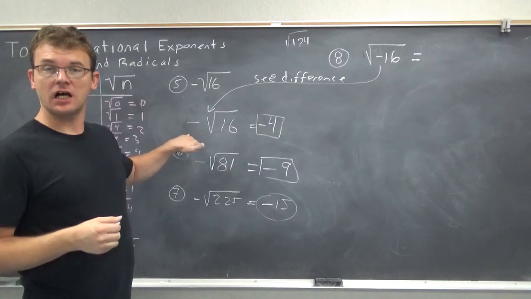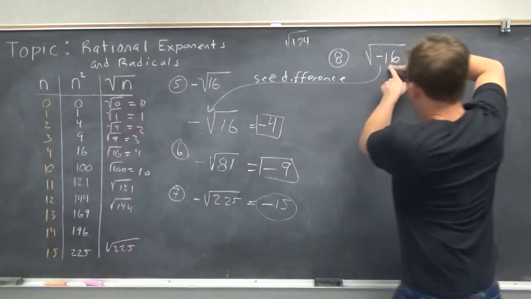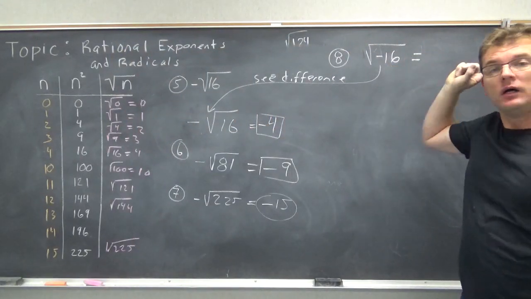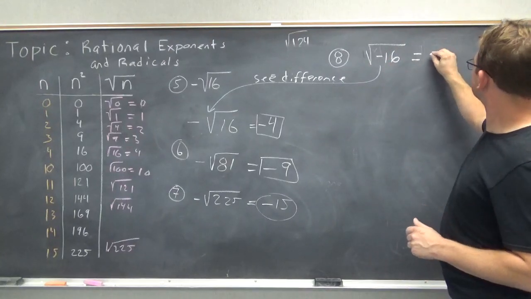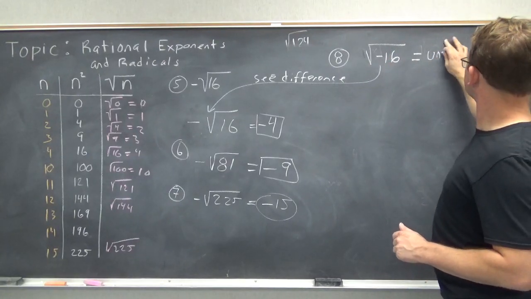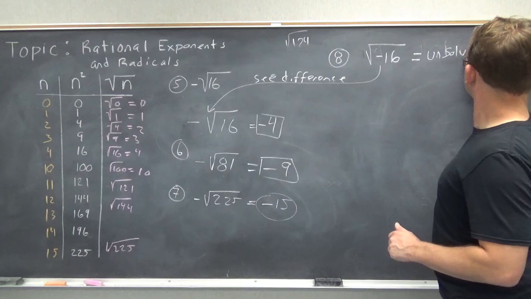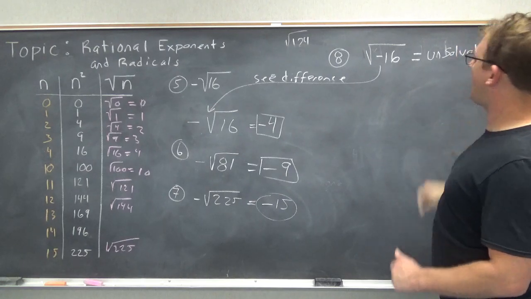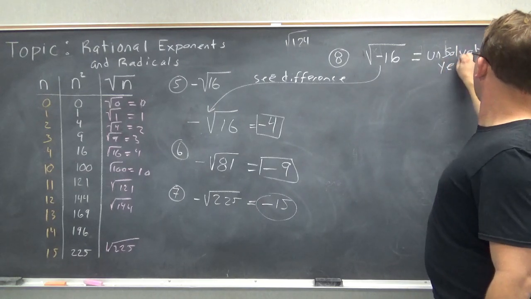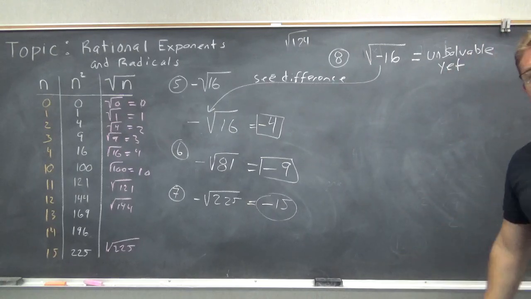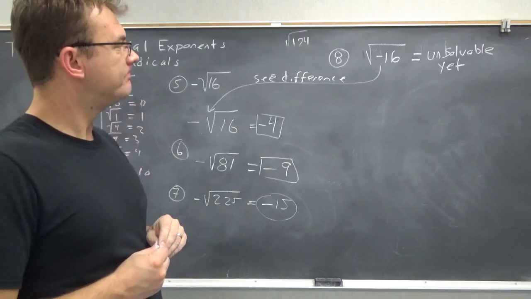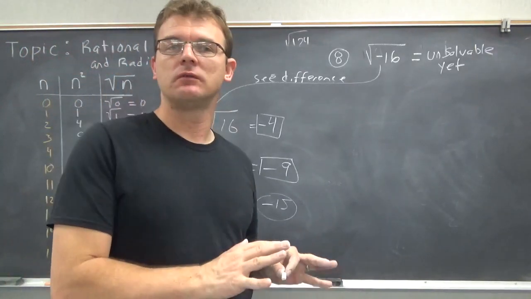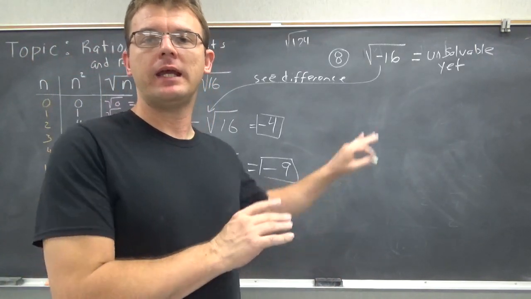One's on the outside, one's on the inside. It turns out unsolvable yet. Yet unsolvable. We can't do that one yet because we haven't had the tools that we can encounter a